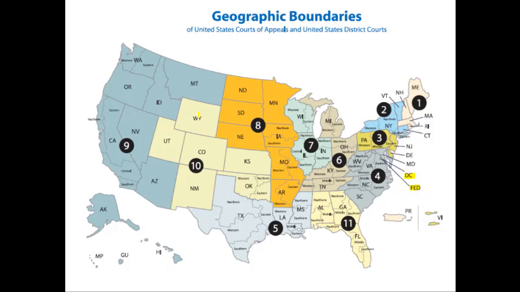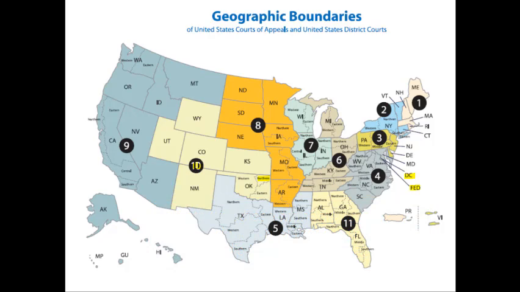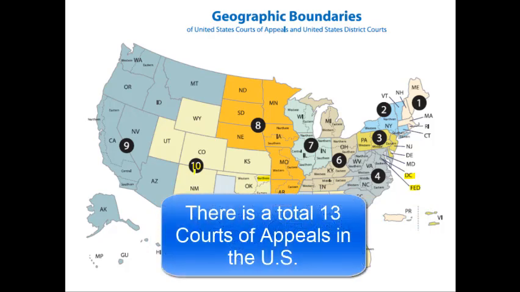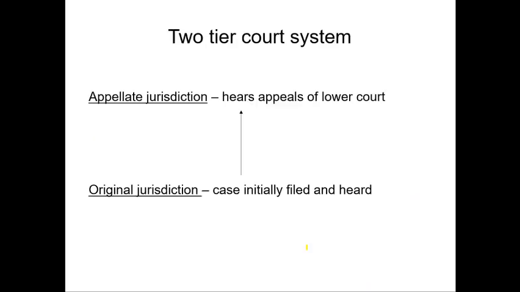But if you have a district court out here in one of these regions and you did not like the ruling that you got at a district court, for example, right here, and you filed an appeal, it would go right here to the 10th Circuit Court of Appeals. And then, of course, if you didn't like that ruling and you had an attorney that was willing to try to take it to the Supreme Court, it could potentially get selected to the Supreme Court. Still pretty unlikely, as we'll see here in a minute.